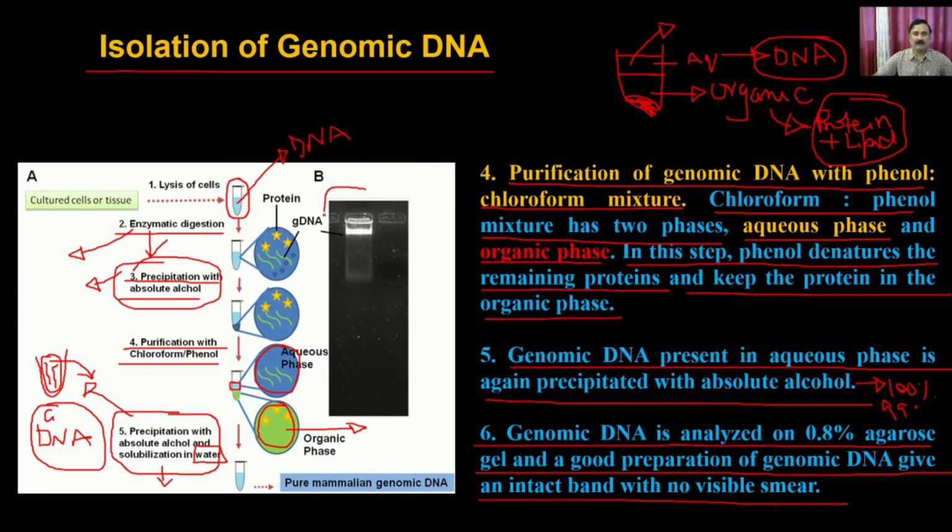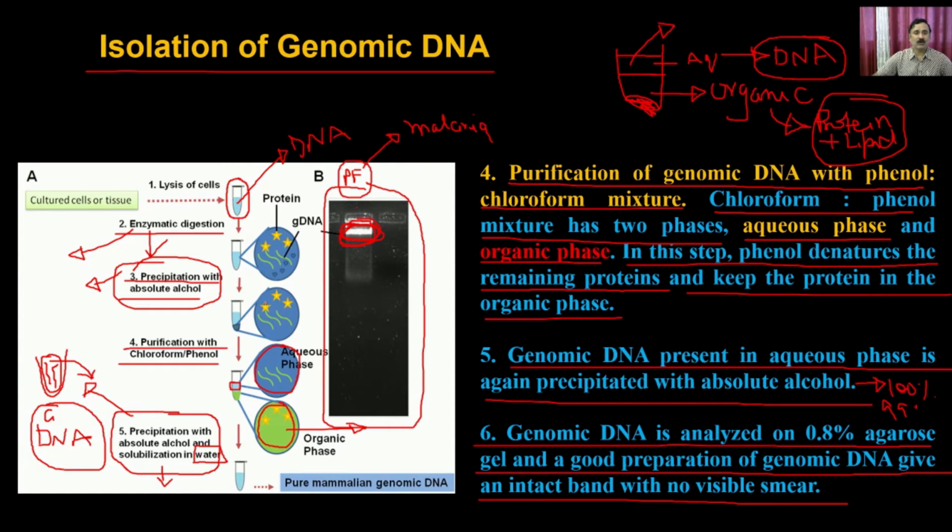So this is what I have shown you, a typical genomic DNA gel where I have isolated genomic DNA from Plasmodium falciparum, the strain of the infectious organism which is responsible for malaria. And what you see here is that it gives you an intact band, and this intact band is close to the well, because the genomic DNA is very heavy compared to plasmid or other kinds of DNA, and that's why it does not migrate far and remains near the well.